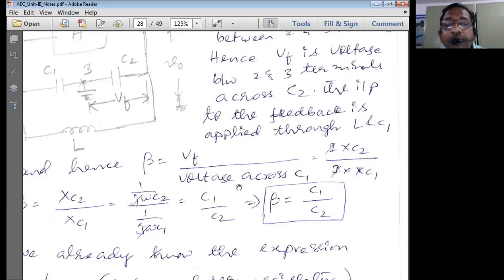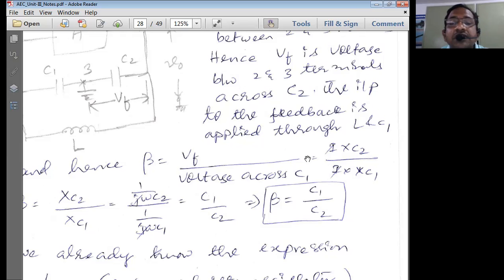Output we are getting is a voltage. The same voltage has been applied to the feedback, which is called VF. So the output sampled is a voltage. And how are we adding it, as a mixer or as a shunt? It's a mixer. It's called a voltage series topology configuration. So we are simply going to get a voltage amplifier because of the voltage series configuration.